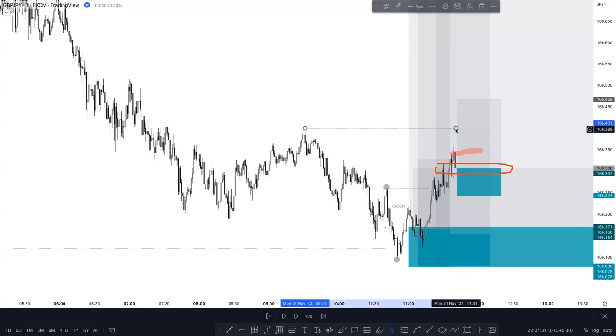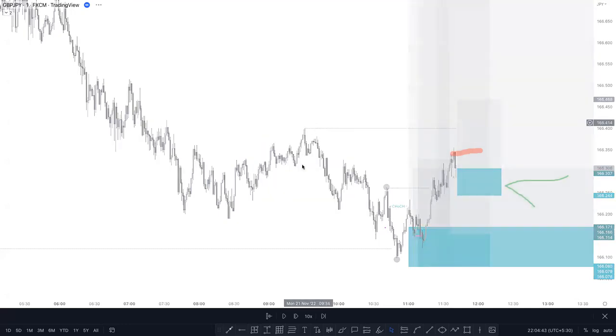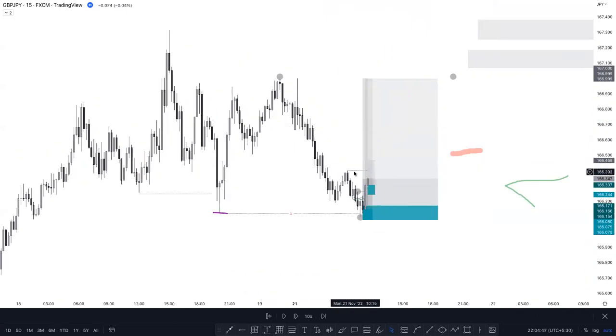So when the market breaks this high, you have to put your stop loss on the break-even point. And one more thing you need to understand: when the market breaks the previous 15-minute high, you can see here, right? So when the market broke this high, you have to put your stop loss on the break-even point, first thing. And second thing, you don't need to add multiple positions once the market breaks this high. You have to wait for